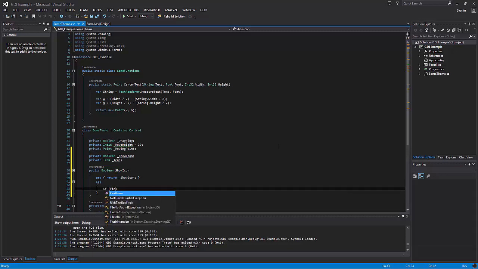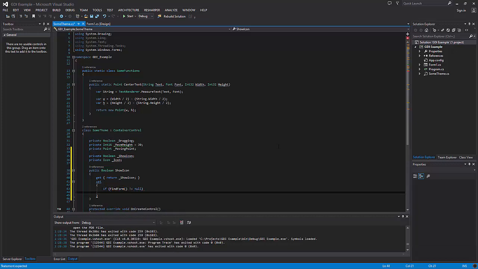So if find form is not equal to null, and if it isn't, we will just casually set its internal show icon value to the same as our value, and then we will set our value equal to value,